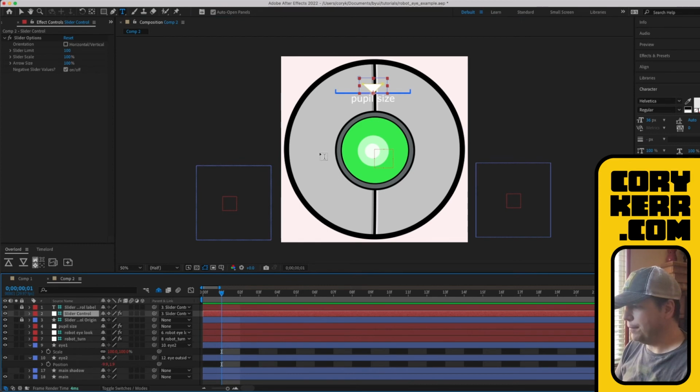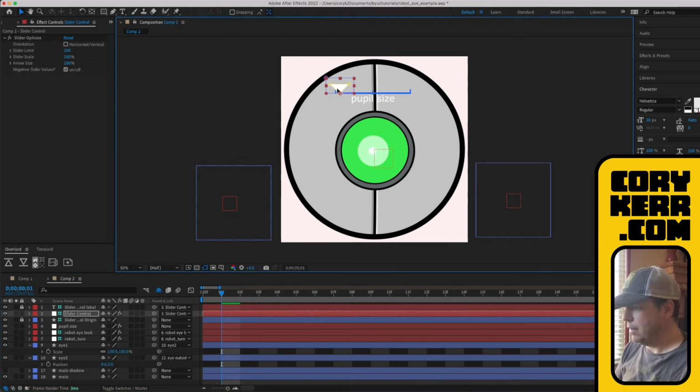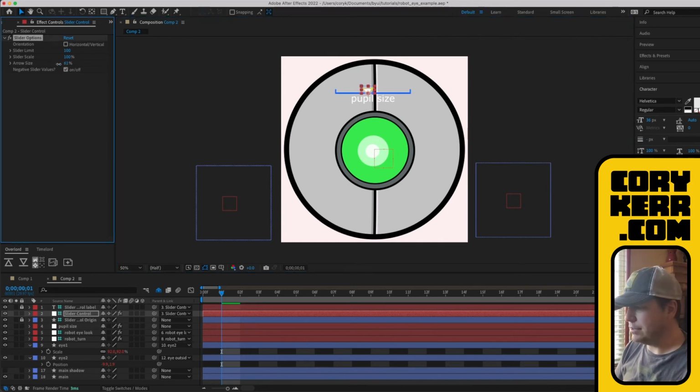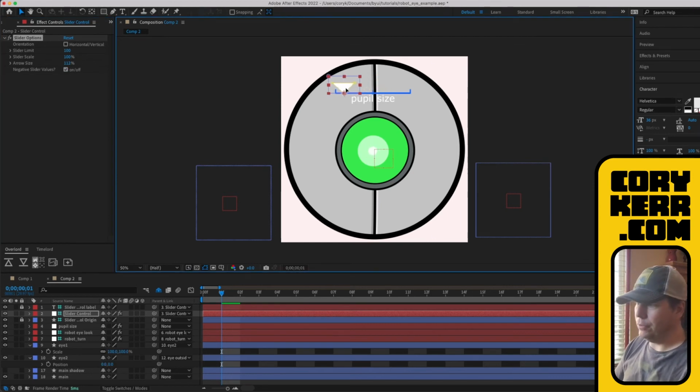And then the slider, it is just going to move back and forth, and it'll go smaller or bigger, right? And you've got some slider limits, and you can change the arrow size to be bigger or smaller. And you can say whether you want negative values or not. Negative value will just go as much as you did away from the origin in the negative direction. So now I can do that. So I can make this go bigger or smaller.